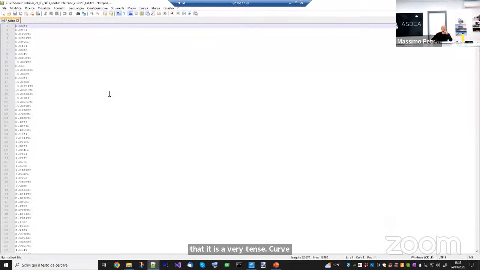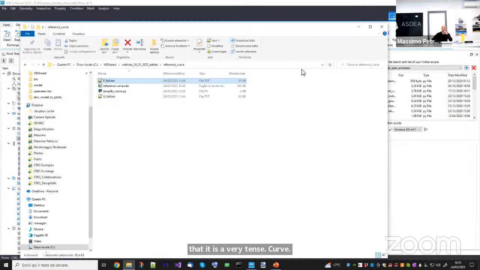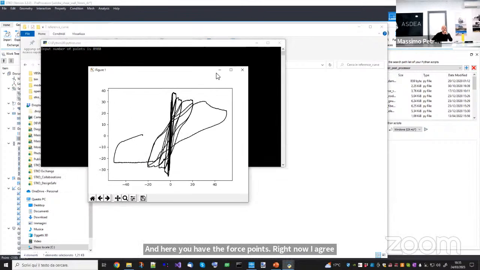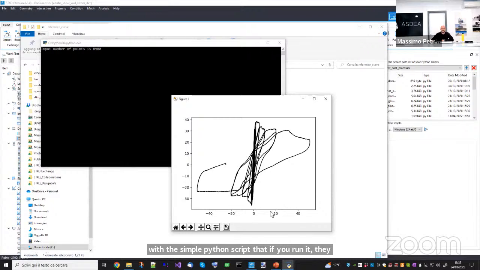And here you have the force points. Now I created a simple Python script that if you run it, first it will print everything. So you can see that the entire wall has been pushed up to about 50 millimeters. But then if you read the paper, you will see that at about, I think, 11 millimeters, they start